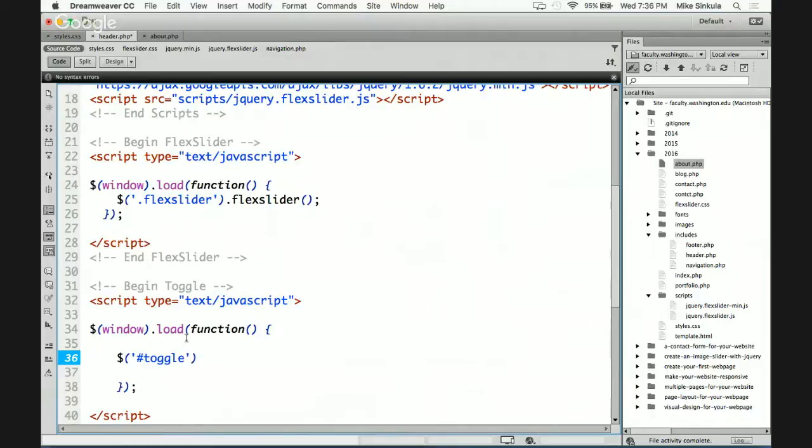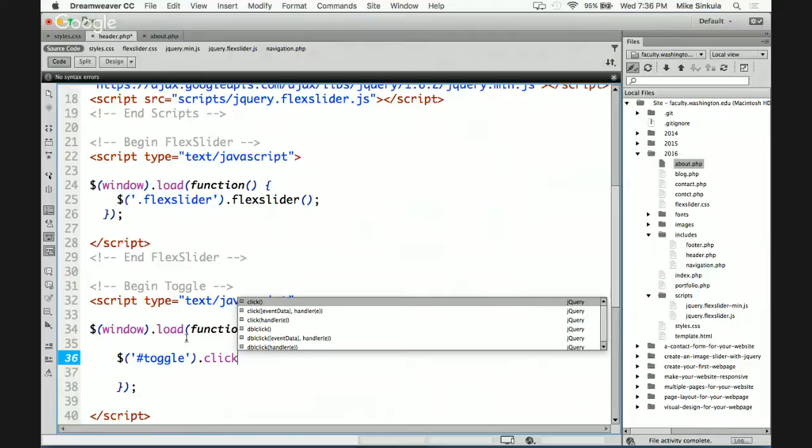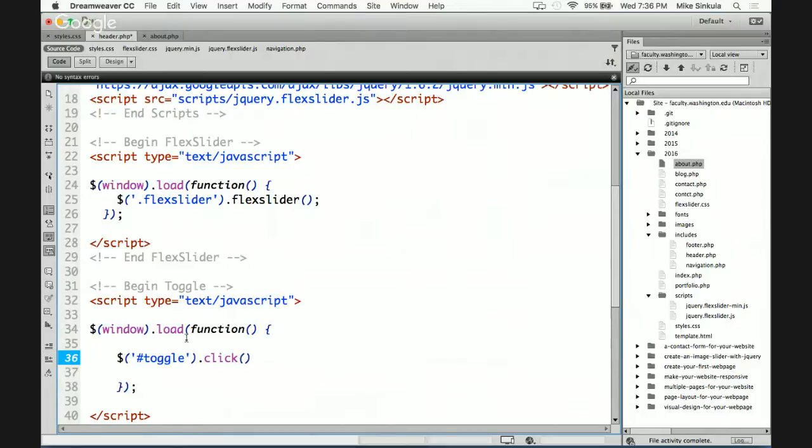Now we can do this next part a couple of different ways. We're going to do it a shorthand, normal way, and then I'll show you another way of doing it. Dot click. So basically, just like our dot load event up here, we are saying go get element by ID toggle, which is our p tag, ID of toggle menu, right? When it is clicked,